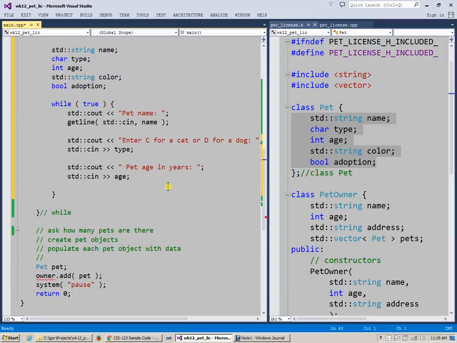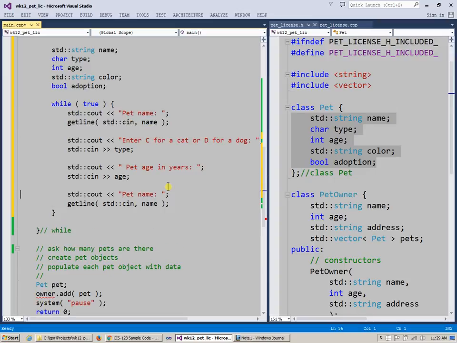The color and adoption. Okay, so let's do the color and adoption. For the color, I can just say, color. I can do the same thing with the get line. Just keep doing get line for strings. So for color, I'll just keep it simple. Color, and input the color string. And adoption will be